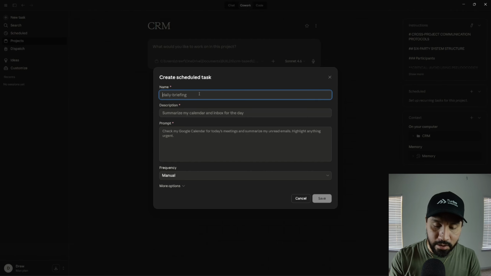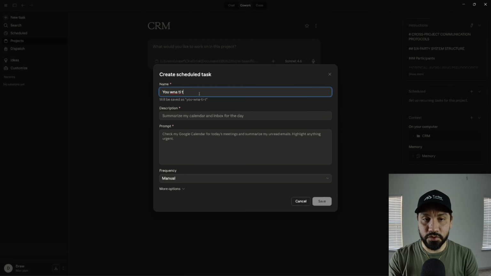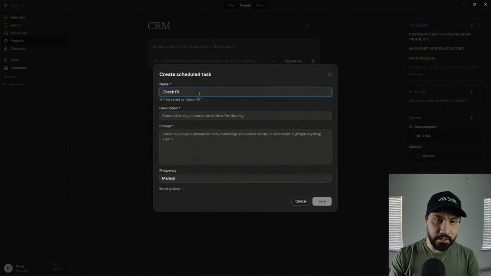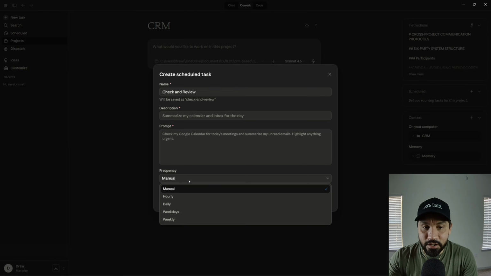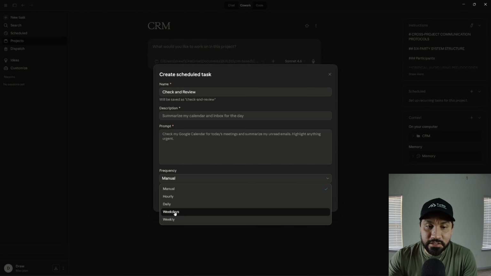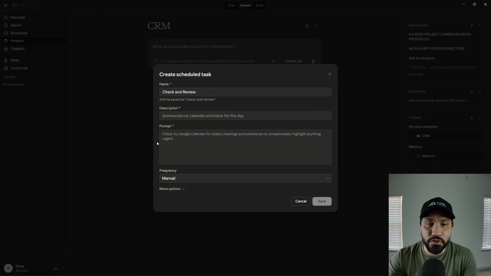So let's say, for example, you want it to check files within a certain amount of time, check and review, and then we put that right there. We actually put the prompt. Is this gonna be manual? Is it gonna be hourly? Is it gonna be daily? Is it gonna be weekdays? You know, so one of the things that you can definitely do right here is summarize,